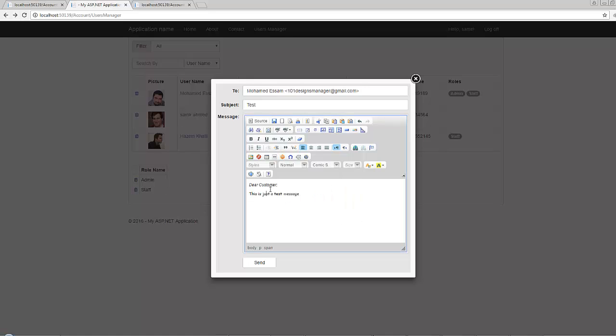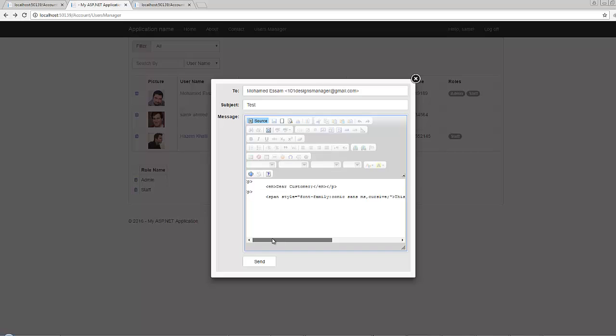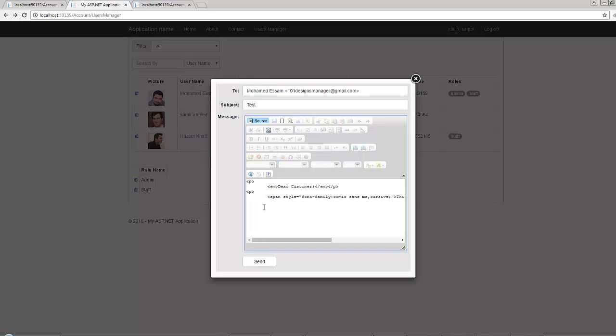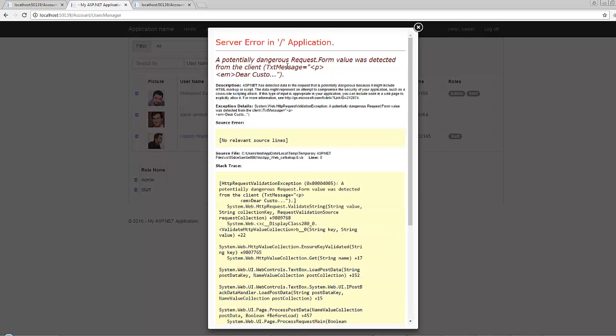Okay, if you want to see the exact HTML for what you have done, click on the source here. You will find that it added a span with the style font family and so on. Now let's copy this one because I know that the form now will raise an error, so let's copy it first and let's send. Now you will get an error message here,